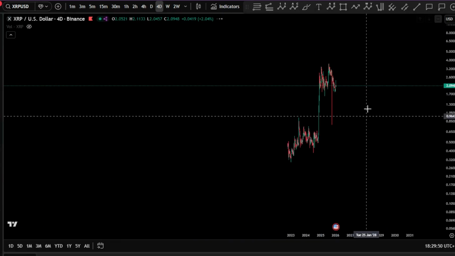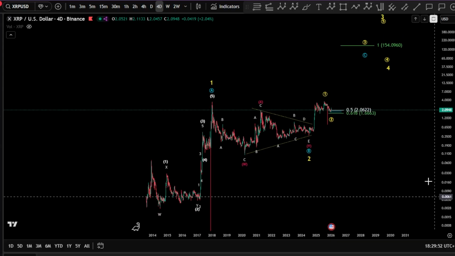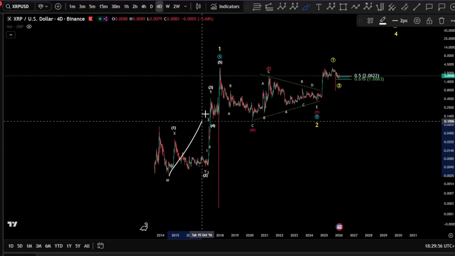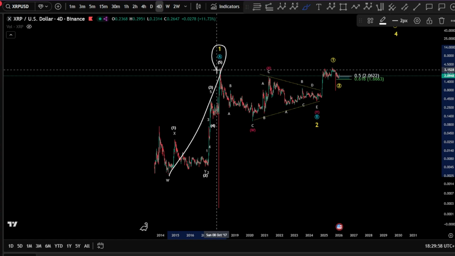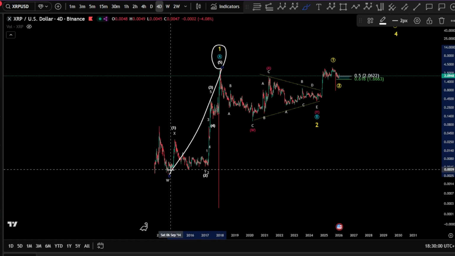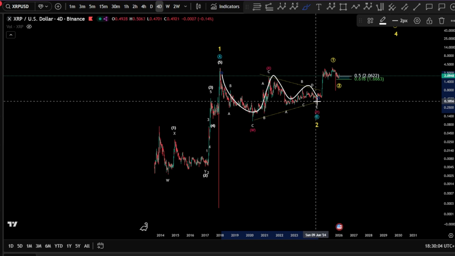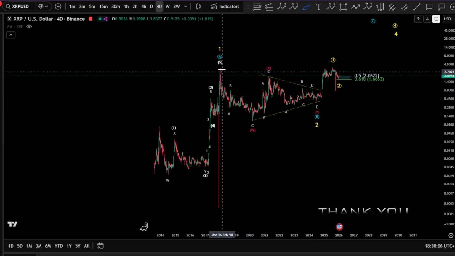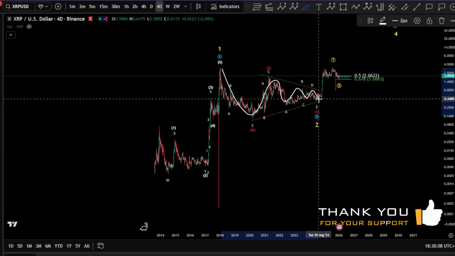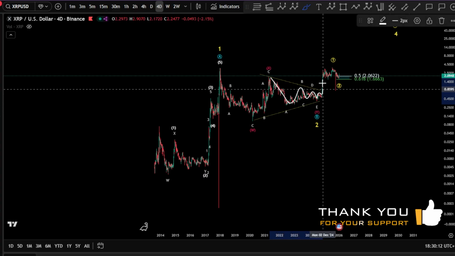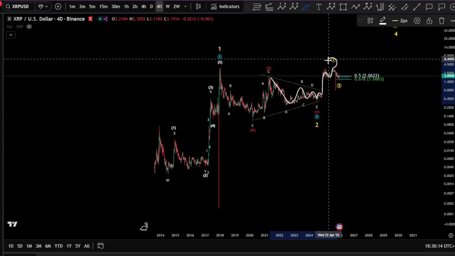First, of course, on the micro level, we need to understand a little bit what's going on at the macro level first, where we have a wave A or a wave 1 as an impulse finished there in a 1, 2, 3, 4, and a 5, followed by a potential very sideways correction, W, X, and a wave Y. The wave Y is your triangle here, ABCDE, and we start to see an impulse here finished for